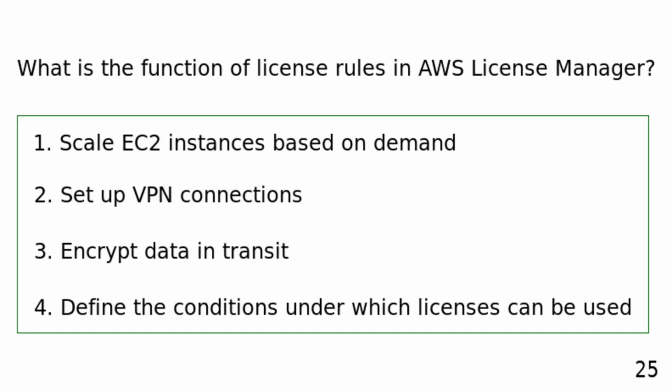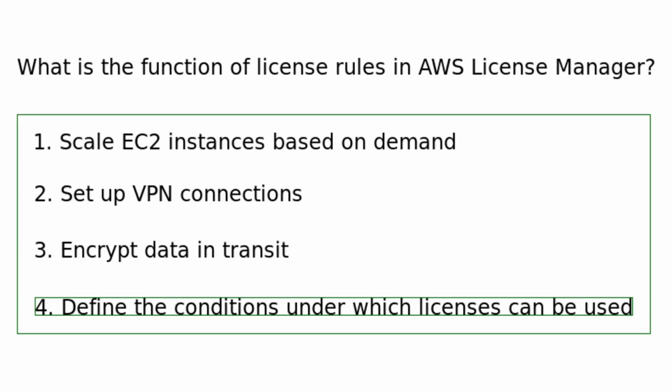What is the function of license rules in AWS License Manager? Scale EC2 instances based on demand. Set up VPN connections. Encrypt data in transit. Define the conditions under which licenses can be used. License rules in AWS License Manager allow users to define the conditions under which licenses can be used, ensuring compliance